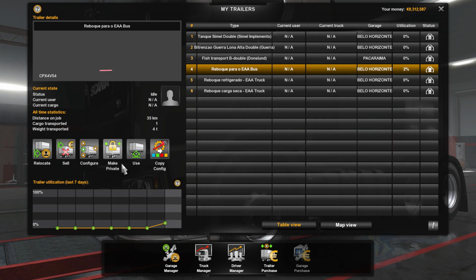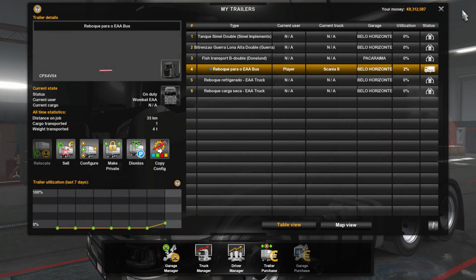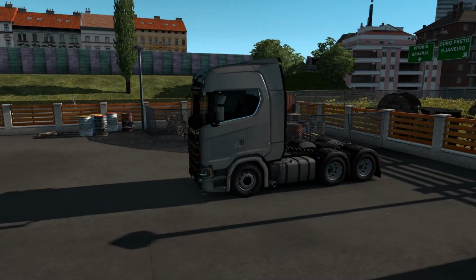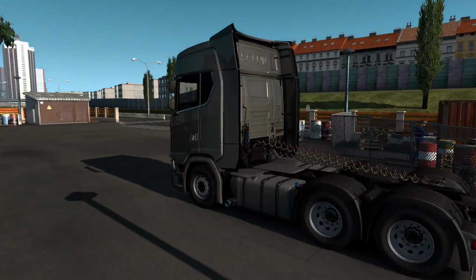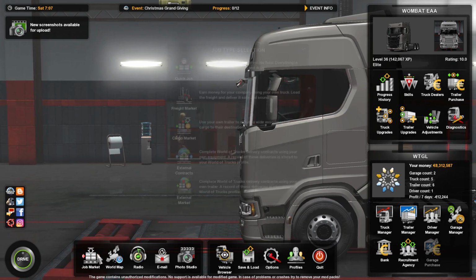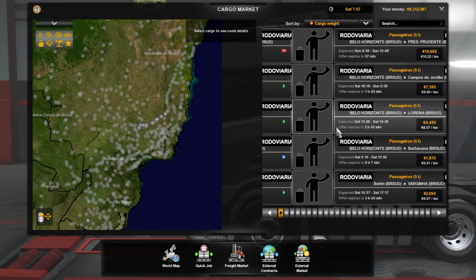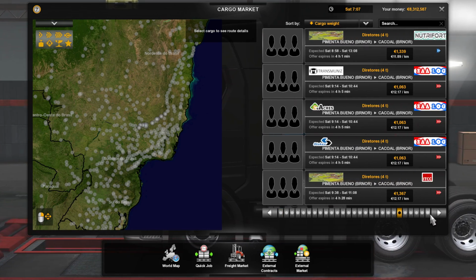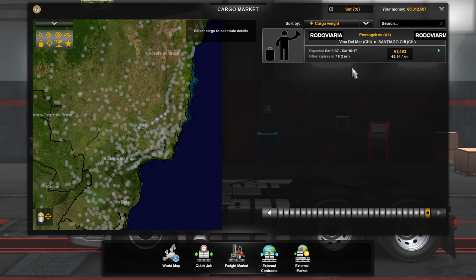Just for the fun of it, I'm gonna use that invisible trailer and add it to my Scania truck. It looks ridiculous, as you can see. Look at the cables, it is there, but of course it's not visible. But if we go into the job market now, you'll see that we do have passengers here. A lot of them, and it's the only thing we have here because we are using the passenger